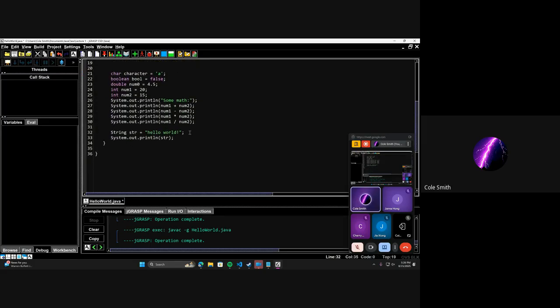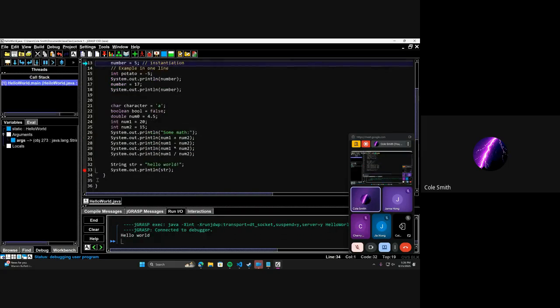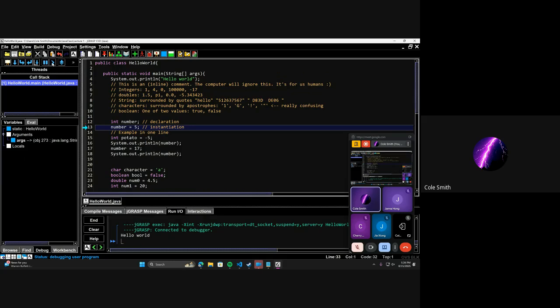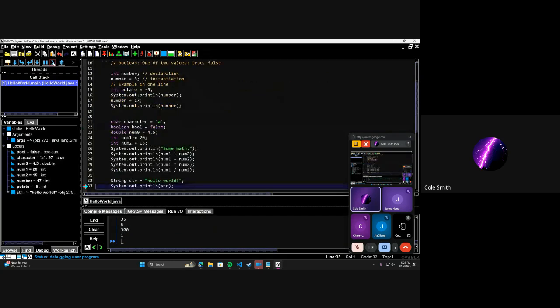So let's continue with this. This is a string. A string is made up of a bunch of characters. And in fact, you can even see that when I use the debugger. If I actually look at the string here,